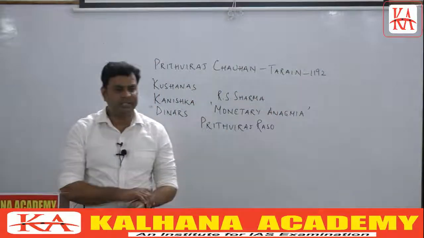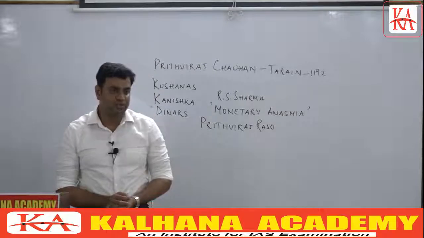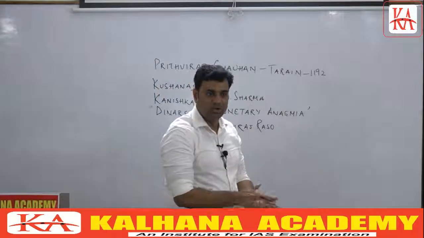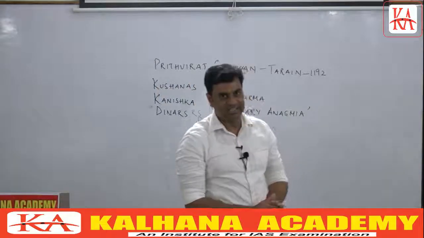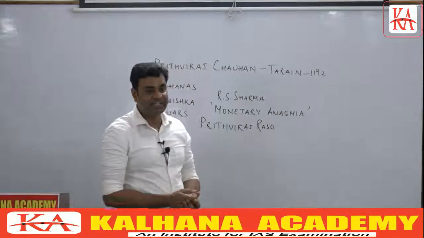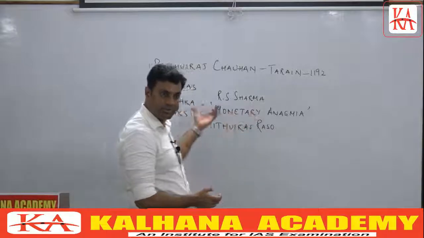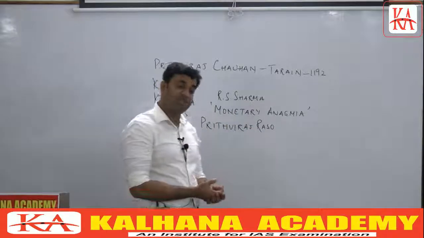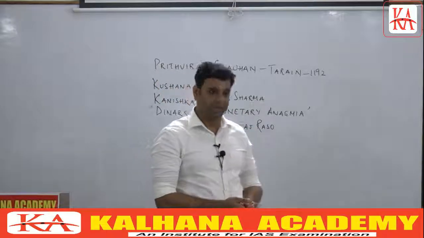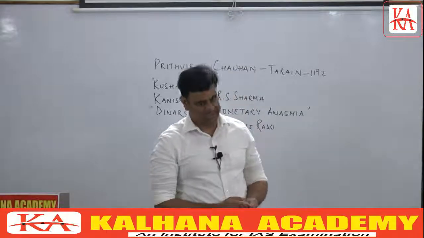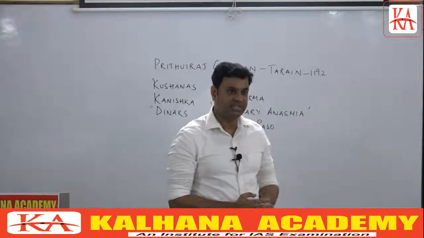See, Satamanas and Nish, clear? These are terms used for coins only, but again I'll let you know. These started to be used basically in Nishk and Satamanas when merchant guilds began to be formed. Merchant guilds largely began to form from the period of Kushans only, but the maximum number of guilds operated during the Gupta period. Guilds began to issue coins. These coins were termed as Nishk and Satamanas.